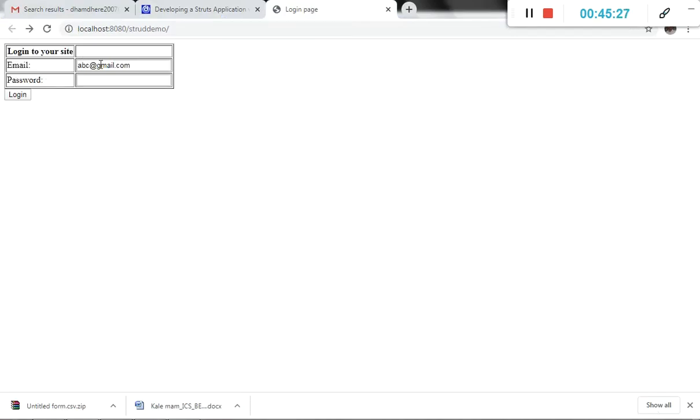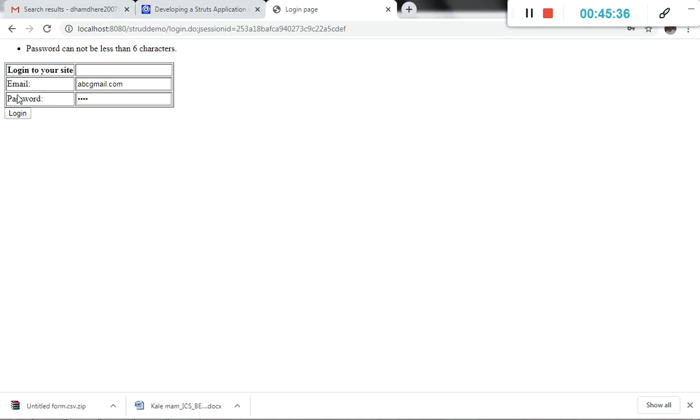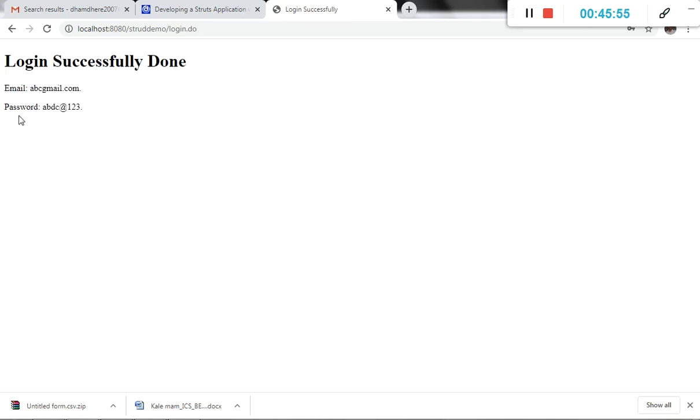If we put the wrong mail ID, not containing the @ or maybe not a proper password, then it gives an error that the password cannot be less than 6 characters. This is again the verification done with the Struts API. In the particular code we did not mention any validation, it comes automatically with Struts. If we put the password properly, then we will check exactly what it gives as an error. Okay, it's successfully done. It did not come because the mail ID is not proper, that means login.